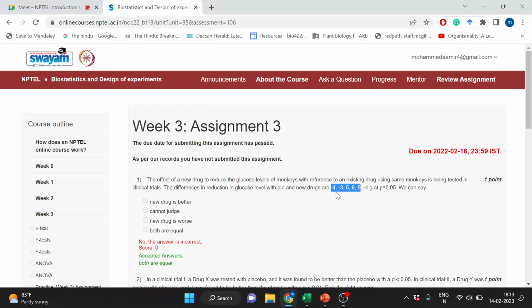You have administered both these doses at different time points on say each same animal. On one animal you administer the same drug, and each time you administer one type of drug, you calculate